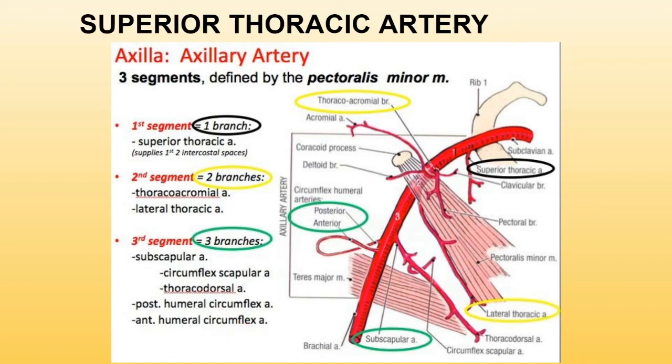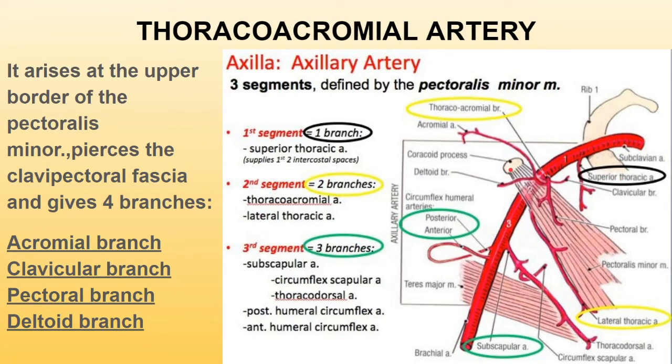Now first of all, the superior thoracic artery, branch of the first segment of the axillary artery. This is a very small branch of the first part of the axillary artery and runs forward, downward and medially and runs between the two pectoralis muscles, that means the pectoralis minor and the pectoralis major muscle, and ends by supplying these two pectoral muscles and also the thoracic wall. So remember, the superior thoracic artery supplies the two pectoralis muscles and the thoracic wall. Now the second part has mainly two branches, right? That is the thoracoacromial artery and the lateral thoracic artery.